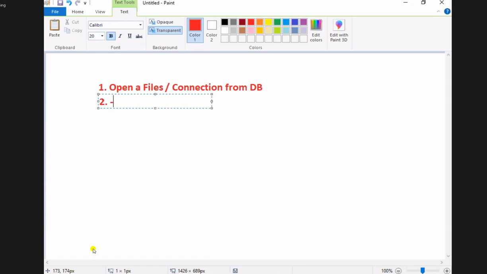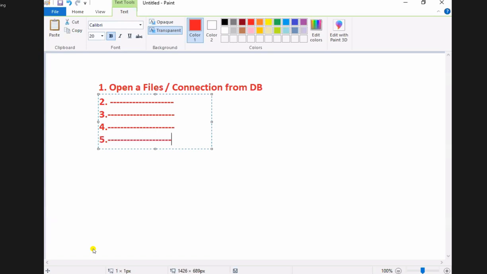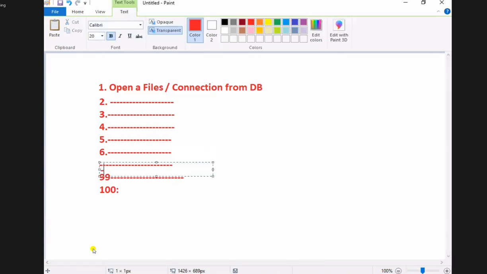And later after that, I wrote many statements, my dear students. I wrote the 4th statement and 5th statement, the 6th statement, 7th statement. Like that, many more statements I wrote. How many statements did I write? 99 statements, for example. So like that, in the middle of it, a lot of statements are available.